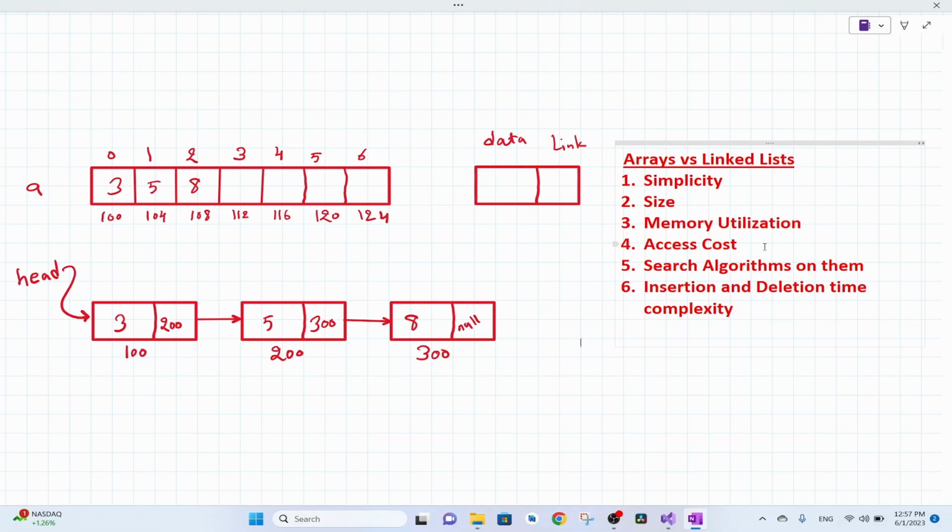In the previous video, we learned about the array data structure and its advantages, and also we discussed array shortcomings. We also explored how a linked list data structure can overcome the disadvantages of an array data structure. Now you might be wondering when to use an array or a linked list data structure, which one is better. So to answer this